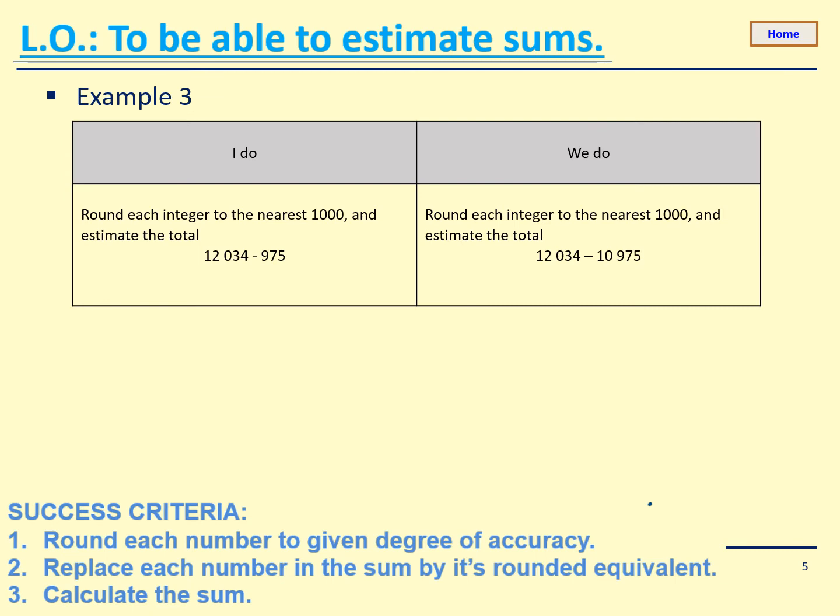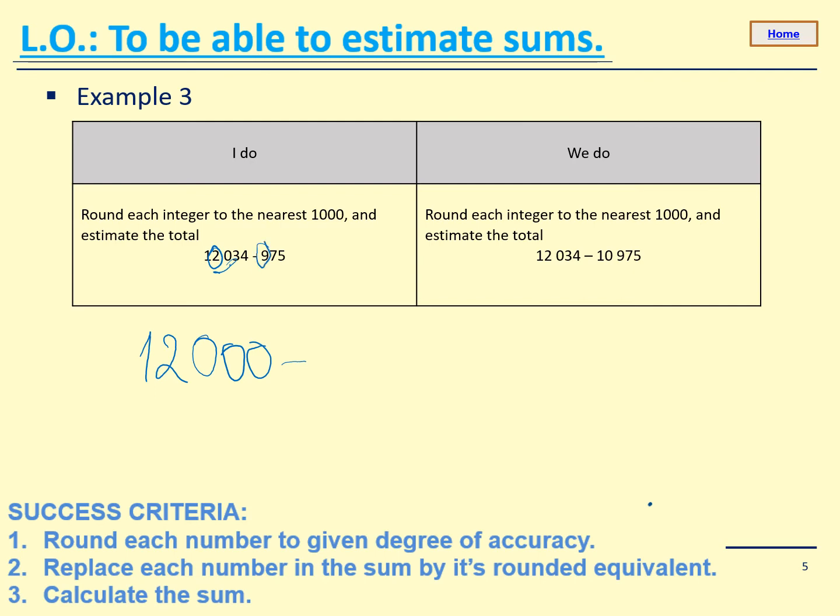Now we will round each integer to the nearest 1000 and estimate the total. So here are units, tens, hundreds, thousands, and a 0 next to it. So 0 to 4, the number in the circle stays the same. So it's 12 and this is 0, 0 becomes 0, 3 becomes 0, 4 becomes 0. Minus,